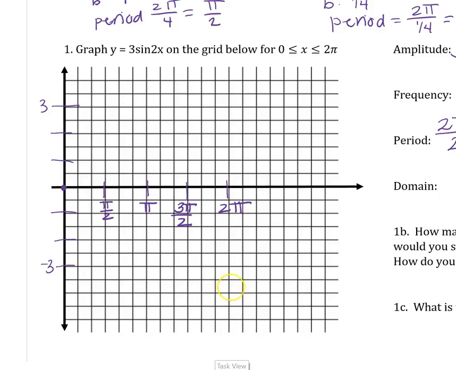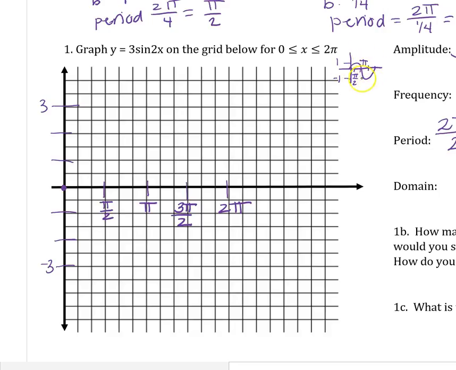Okay, so let's think about what sine normally looks like. I'm just going to do a little sketch off to the side here. Sine normally looks like that, approximately. That's a rough sketch, oscillating between 1 and -1. But instead of oscillating between 1 and -1, like we said, it's going to start at 0 and go up to 3. Now, in the normal graph, it hits 1 at pi over 2, then comes down to